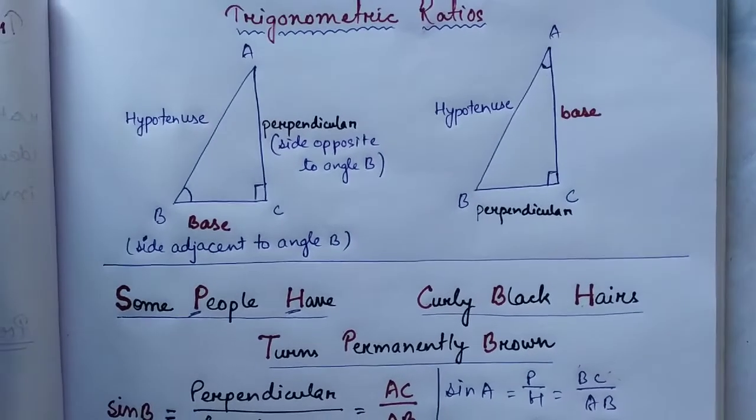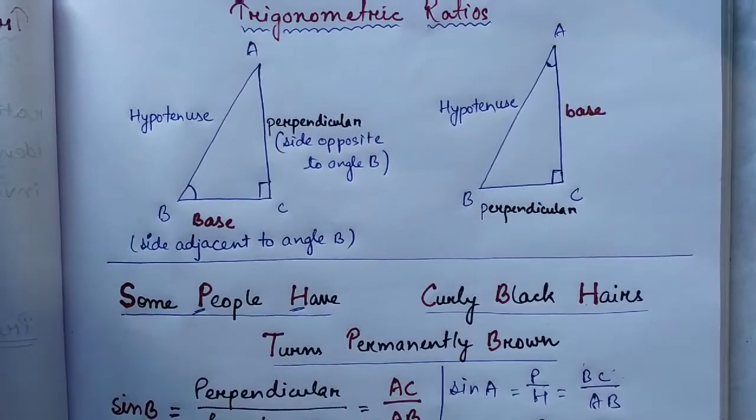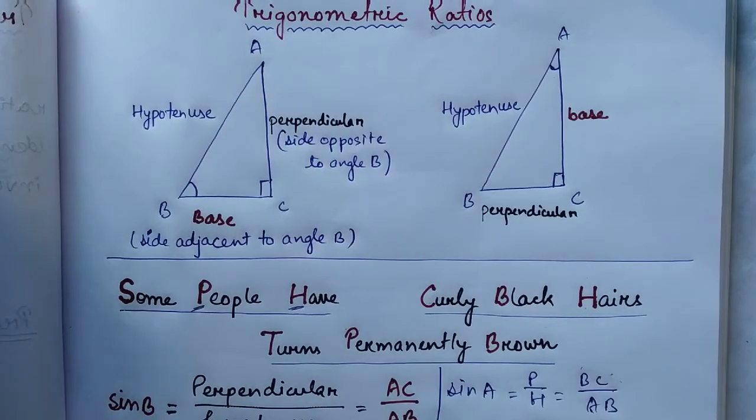So now we can identify the trigonometric ratios for any triangle if we know what is the base angle and what is the right angle. So this is it in the first video. We are going to go to the examples and exercises in the following videos.